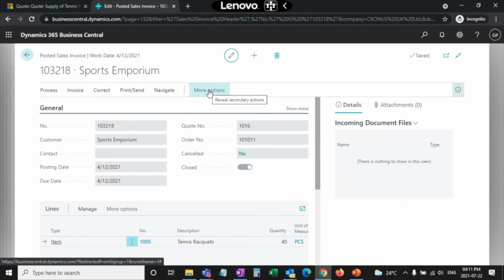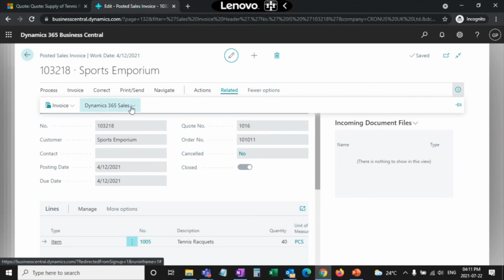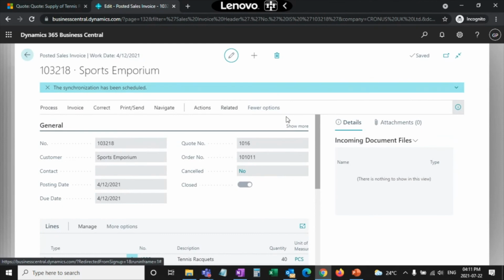Now, as the last step in the process, this deal is closed. We have received an order. We have sent that order along with the invoice generation. And now I want the sales team to know that, okay, this opportunity has been closed and this is the invoice. If you want to refer to this invoice, you can go to your Dynamics 365 sales and refer to that invoice. In order to do that, I will be pushing this invoice record to Dynamics 365 sales. I'll go here and I'll say create invoice in Dynamics 365 sales.